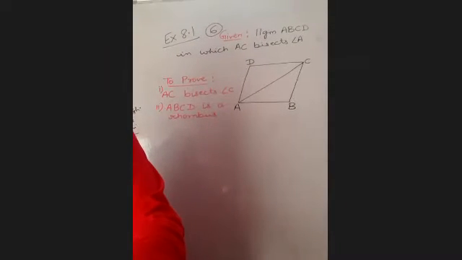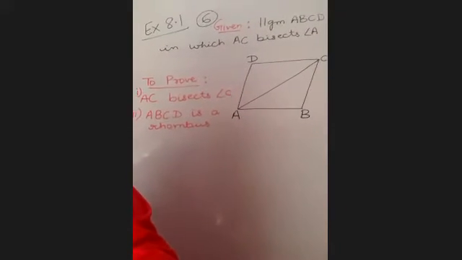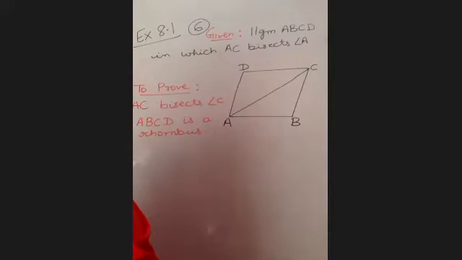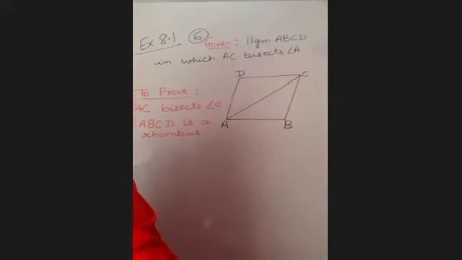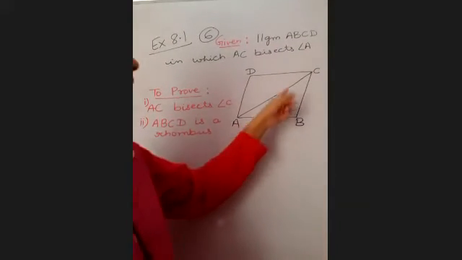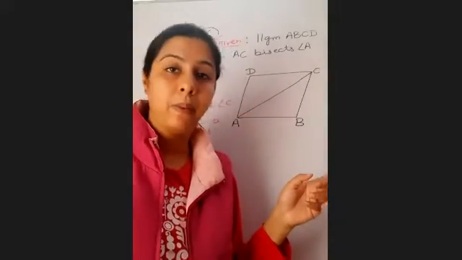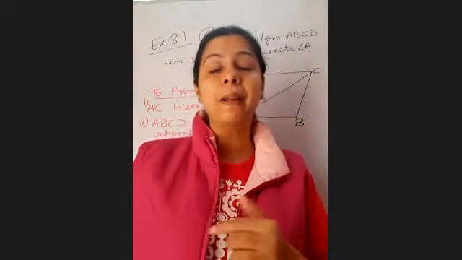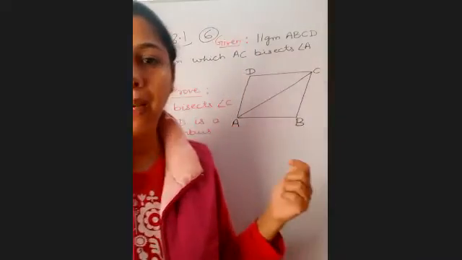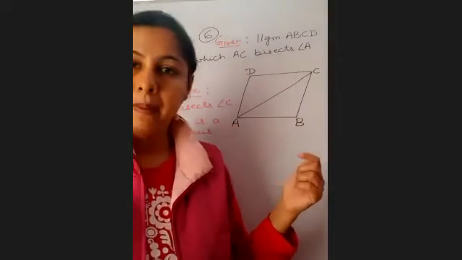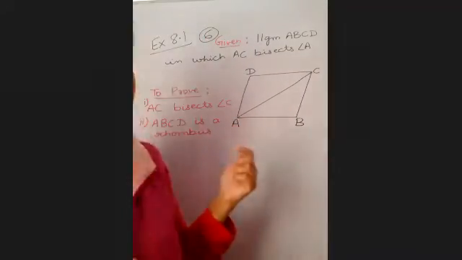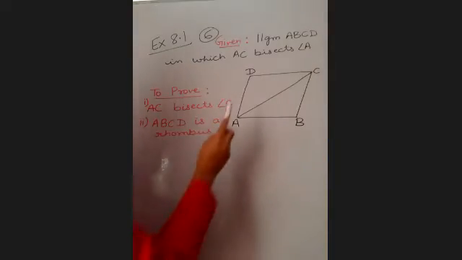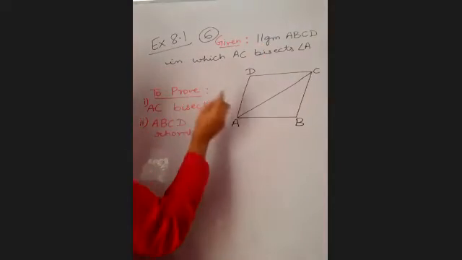Yes, children, we are given in exercise 8.1 question 6 that ABCD is a parallelogram. This figure ABCD is a parallelogram, right? The moment we are given a parallelogram, we must be clear that opposite sides are equal as well as parallel. Yes. We are also given that in this parallelogram ABCD,